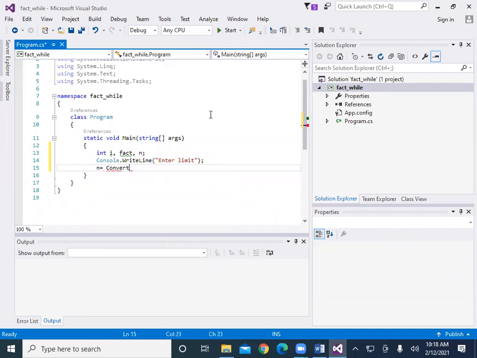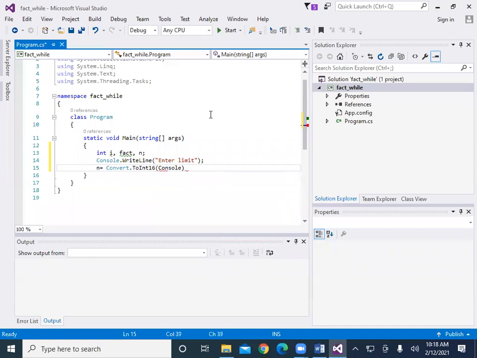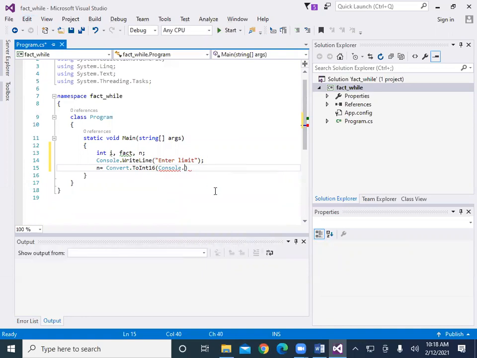Here we write Convert.ToInt16 in brackets Console.ReadLine, end with a semicolon.